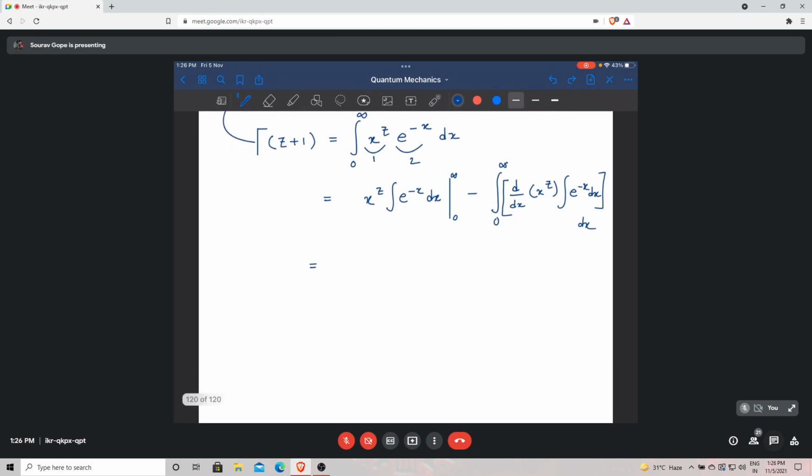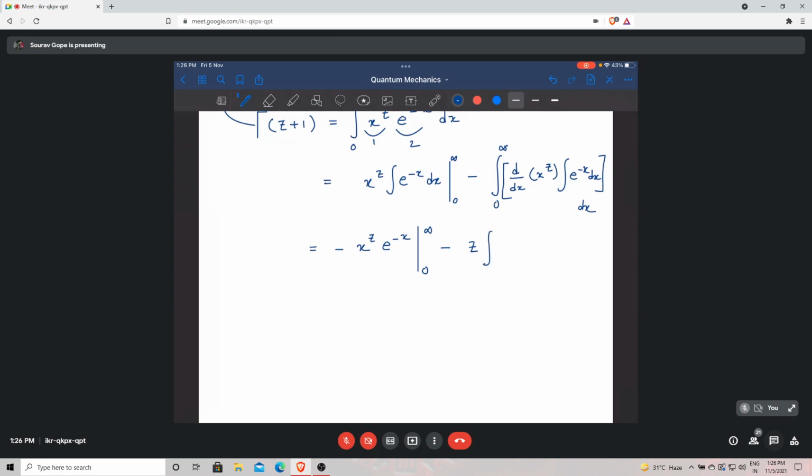Okay. So if we just do this integration, what will you get? This is e to the power minus x, minus of x to the power z e to the power of minus x from 0 to infinity, minus of, now this is what happens here, this is a z coming because of the differentiation here, and this should be another minus, so this becomes plus because another minus is coming from the exponential. Okay, so 0 to infinity, x to the power z minus 1 e to the power of minus x